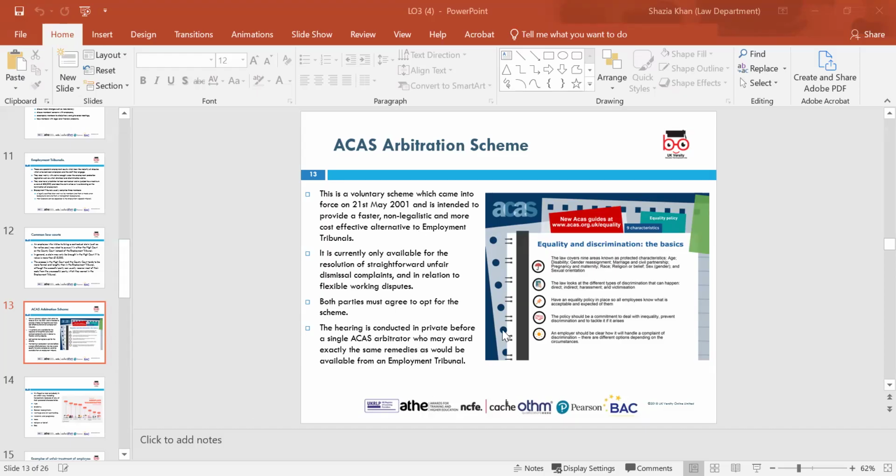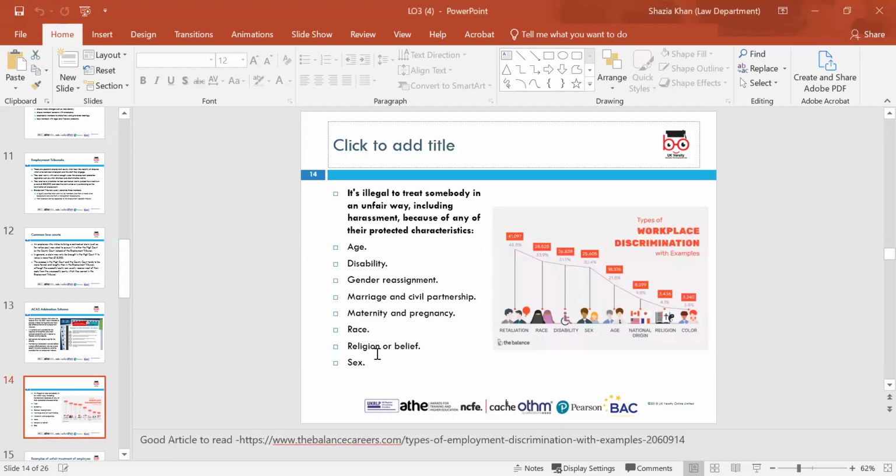The diagram there is about equality and discrimination and looks at the basic laws around it. This is a good article to read in regards to discrimination: www.thebalancecareers.com, types of employment discrimination with examples. It's illegal to discriminate against anyone on the basis of the protected characteristics, which are age, disability, gender reassignment, maternity, pregnancy, religion, sex,